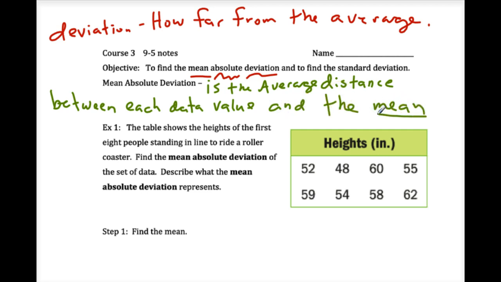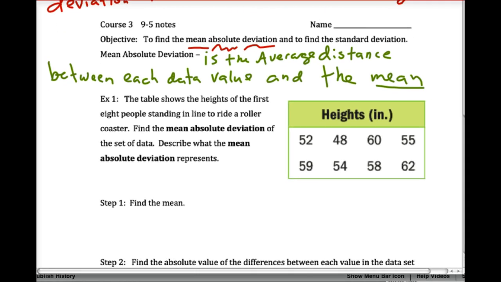Do you guys think taking average is easy or hard? Easy. Easy if you have your calculator. You're going to find the mean for every problem twice. But it's not the same mean. They're two different means. Watch what happens here.